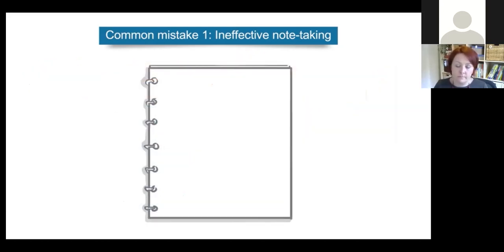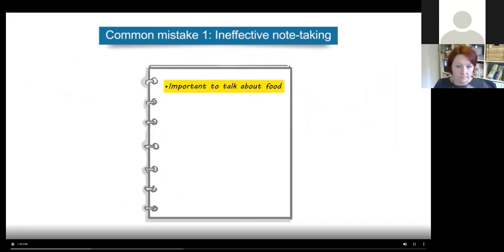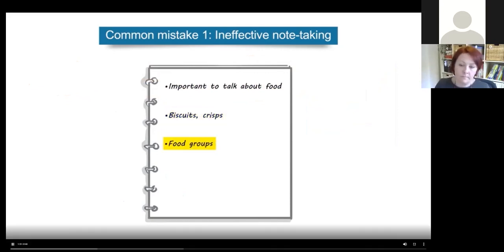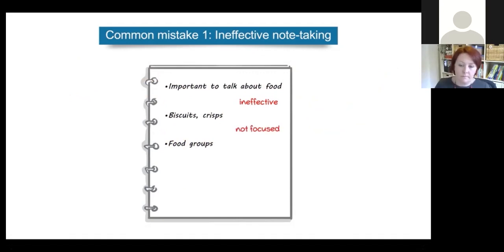Here's what the test taker wrote. Important to talk about food, biscuits, crisps, food groups. The notes are ineffective because the test taker hasn't focused on the main points of the lecture.